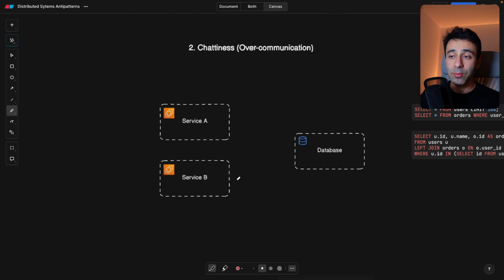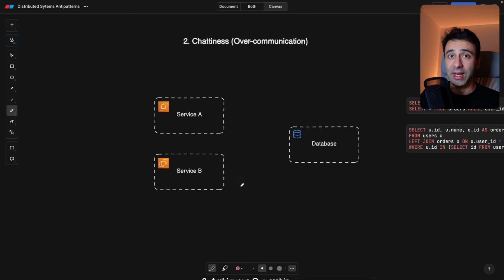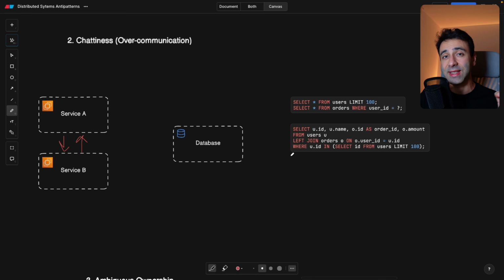All right. The second point is chattiness or over communication. Sometimes services are communicating way too much with each other and they're exchanging the requests back and forth, and this is really costing you the bandwidth. So in order to get rid of this extra bandwidth that you normally don't need, you should be aware of the fact that you might need to optimize some parts of your application.